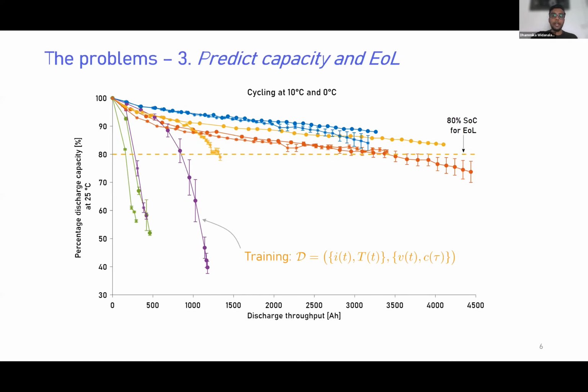Could I find a model with these as my training and subsequently validate on a completely different drive cycle, different temperature, what the voltage response might be, and what the capacity fade might be? I think this is a much harder problem because you really need to get some of the dynamics correctly modeled for such a method to work. But nonetheless, it's a problem of interest, and I think there's some work being done in this area as well.